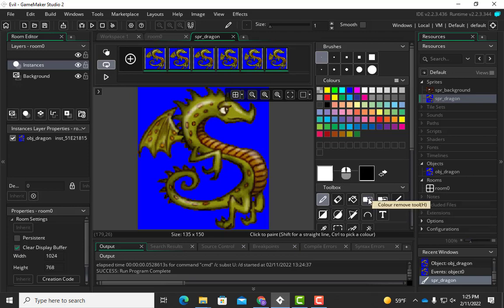It says Color Removal Tool, but again, this software comes from England, so they spell everything wrong. It's not, oh, it is running. It's just not doing anything. Actually, you just have to turn the animation speed up on the sprite. Oh, it doesn't open? Okay, I'll come over. Okay, so here's